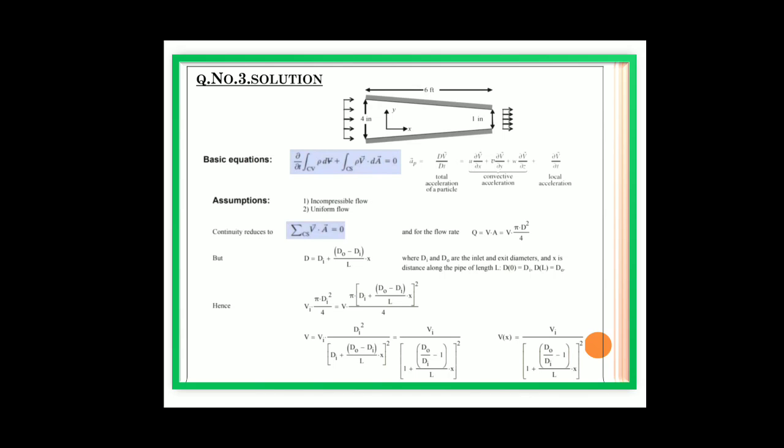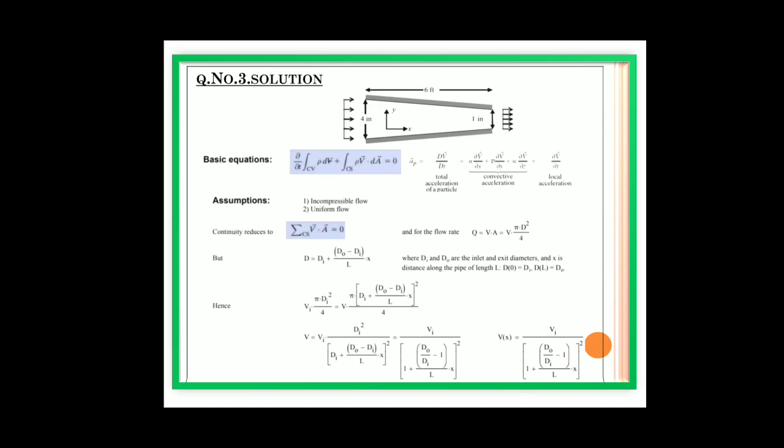And we assume that the flow of the liquid is incompressible flow and uniformly flowing, but varying in diameter. Continuity, we know the continuity reduces to summation cs v dot A equal to 0, and for the flow rate Q equal to vA equal to v into pi d square divided by 4, as we know the formula, where A is area,